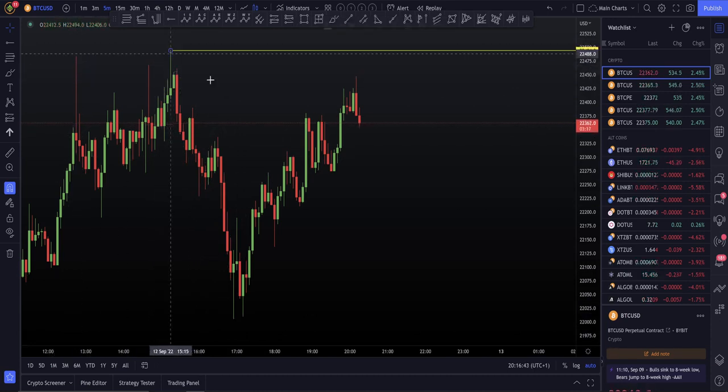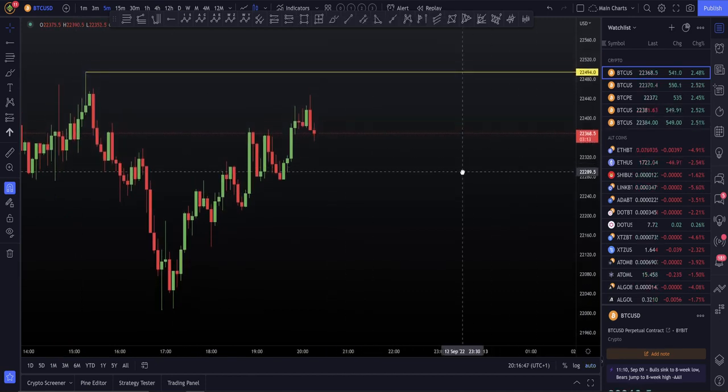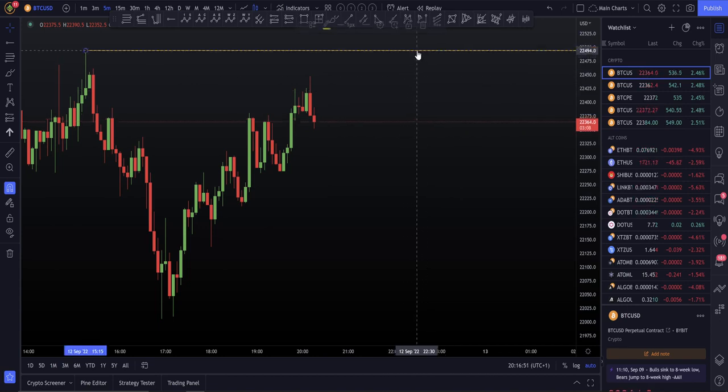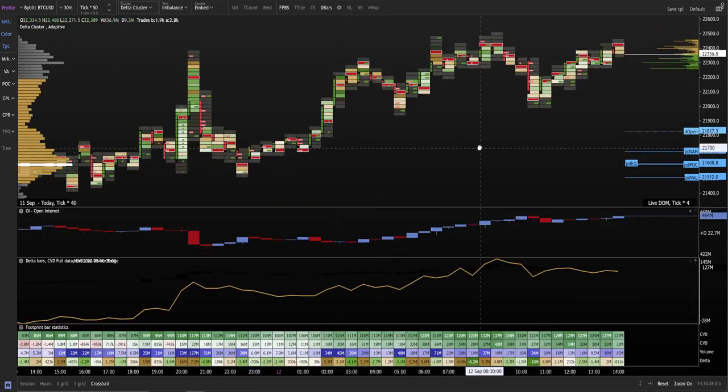So once again, I'm going to be looking here to see if we form a swing failure pattern or a failed auction. Failed auction is also potential here, of that high. Real simply, I can make an informed decision upon taking that high. Is there a legit reason to take that short, or should I hold fire? I want to show you this.